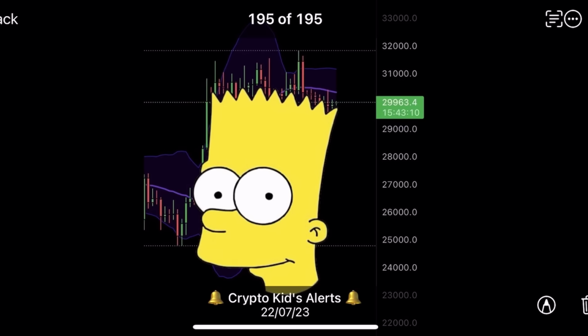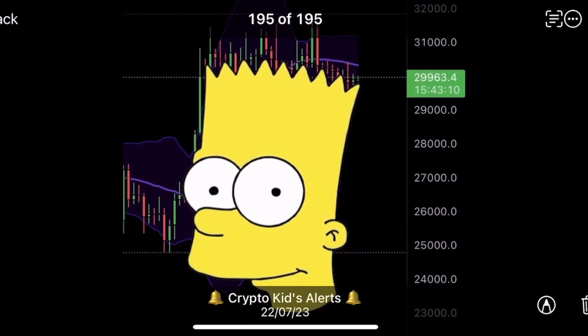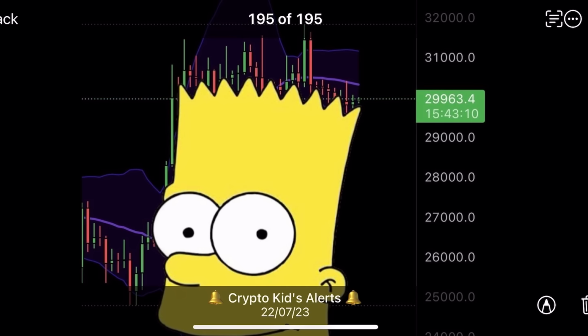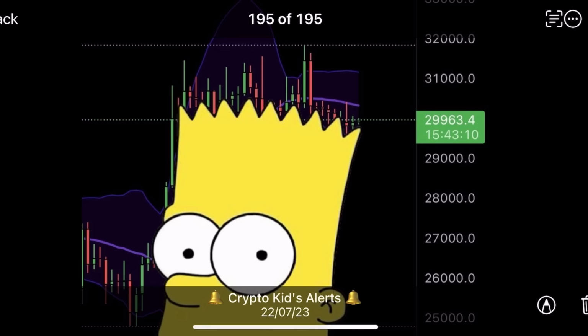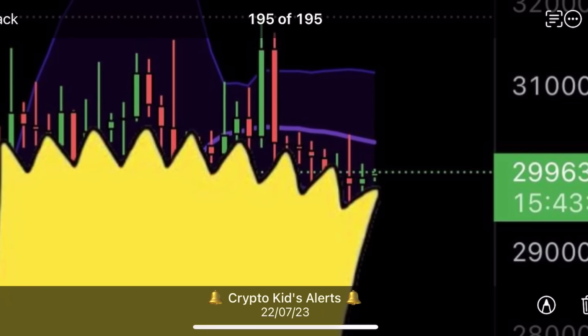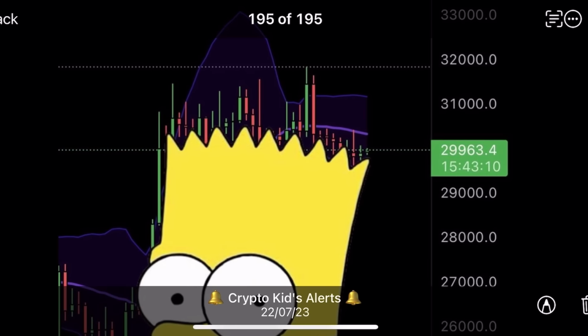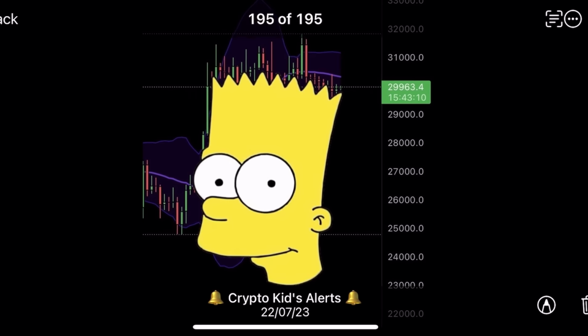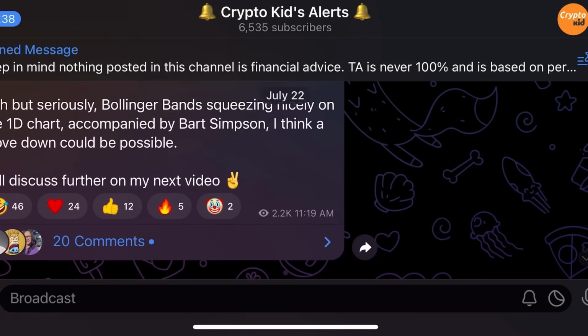Now, before I jump in, I want to show you this because I did share this. I believe it was yesterday, and you did laugh at me a little bit, but yeah, it's the Bart Simpson pattern. What happens is, guys, we do see some consolidation, and we see it in small zigzags. On the daily chart, we did have this consolidation. The Bollinger Bands began to squeeze incredibly. In fact, I believe it was the biggest squeeze on the Bollinger Bands on the daily time frame since the beginning of this year. And you guys know, whenever the Bollinger Bands squeeze, we tend to see a massive move. So this is called the Bart Simpson pattern, and usually the Bart Simpson pattern causes a move towards the downside,